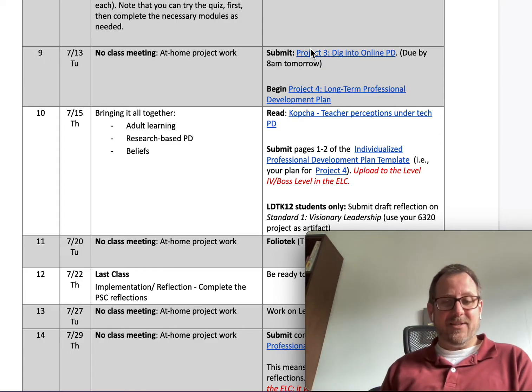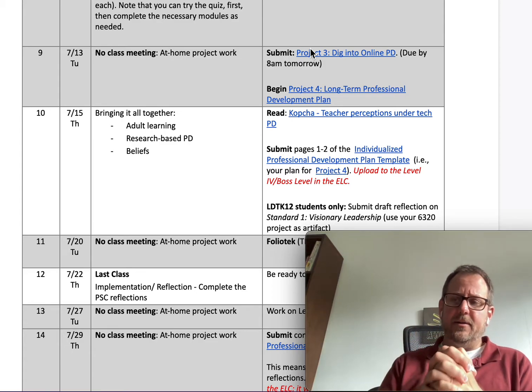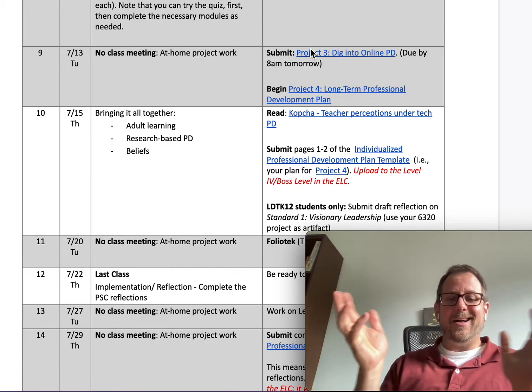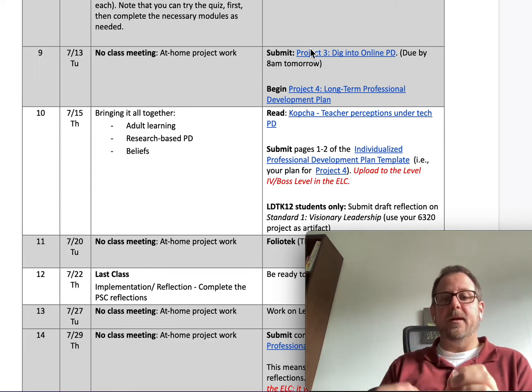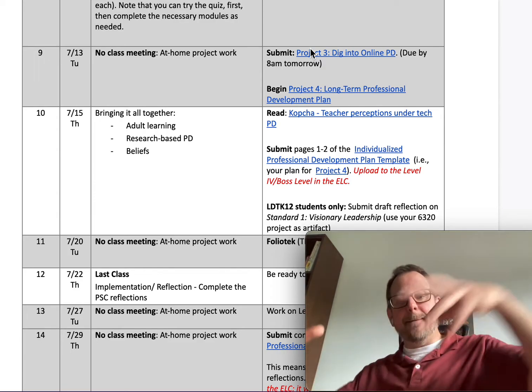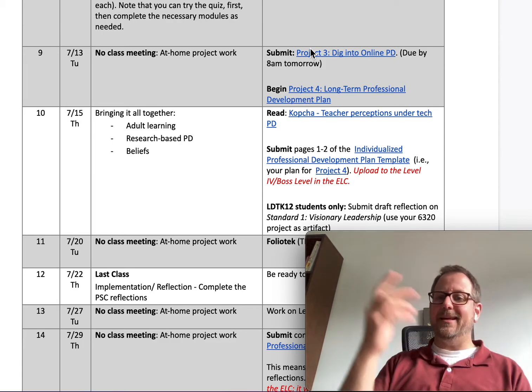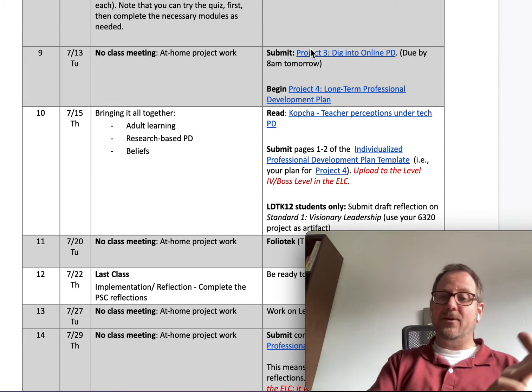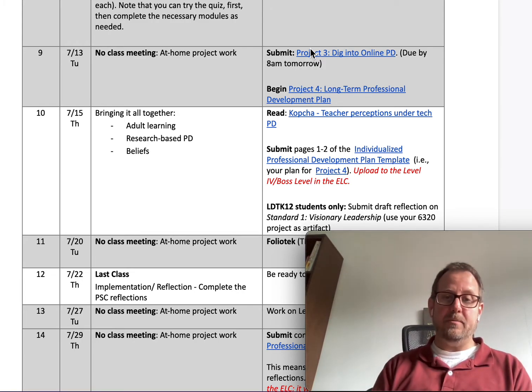If you're an EDS student, or if you're taking 9200, which the two kind of go together, you're going to do a slightly different task where you plan a professional development for teachers that blends in MOOCs, online learning like Google Training, and/or develops a PLN somehow or contributes to a PLN somehow.